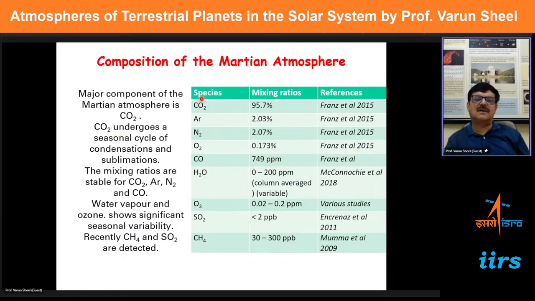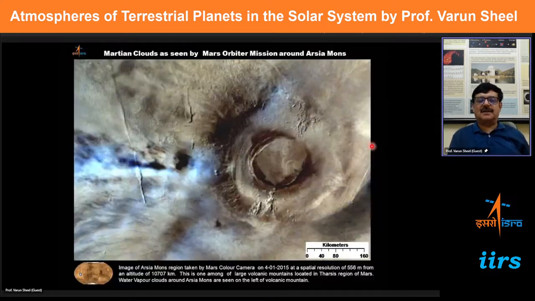The composition we had already talked of earlier, that it's CO2 dominated, but you have these species in very trace amounts. Nitrogen and oxygen are there, but in very small amounts. Water vapor is mainly stored in the polar regions, and it is released mainly from the polar caps. Ozone, as I said, I'll show you a bit later, has been detected fairly well. It's very small, but it has been detected. And methane detection is still a mystery, that we have not permanently seen it, but only in trace amounts, sporadically. And these are, of course, in situ measurements which have been made very accurately.